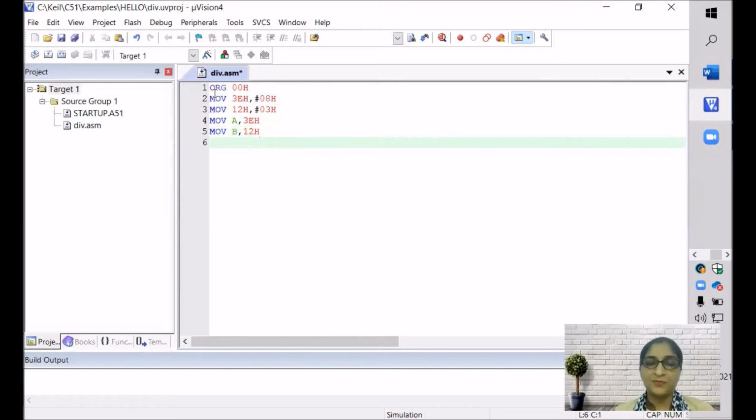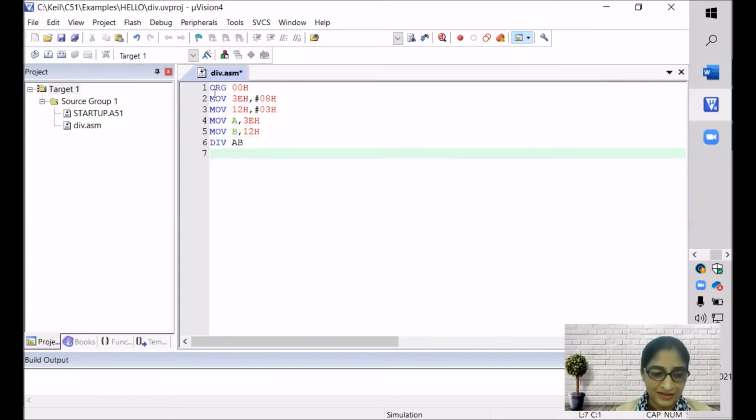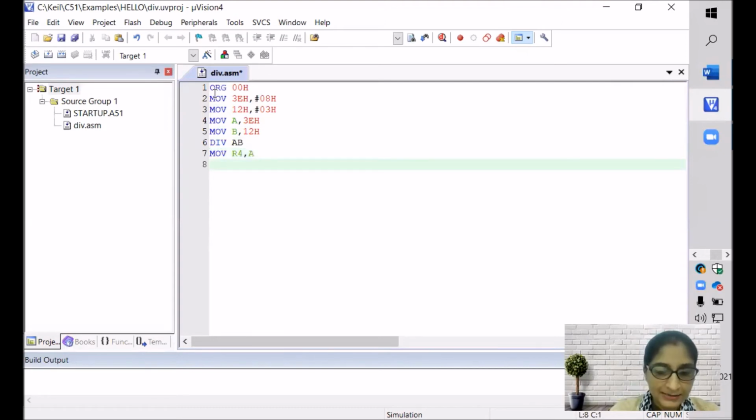Now both the data are present in A and B respectively. Now we can perform a div instruction. So div AB. Done. Fine. Now again we have to move this data back towards register R3 and R4. So move R4, comma A, and move, it was R3 and R4, right?